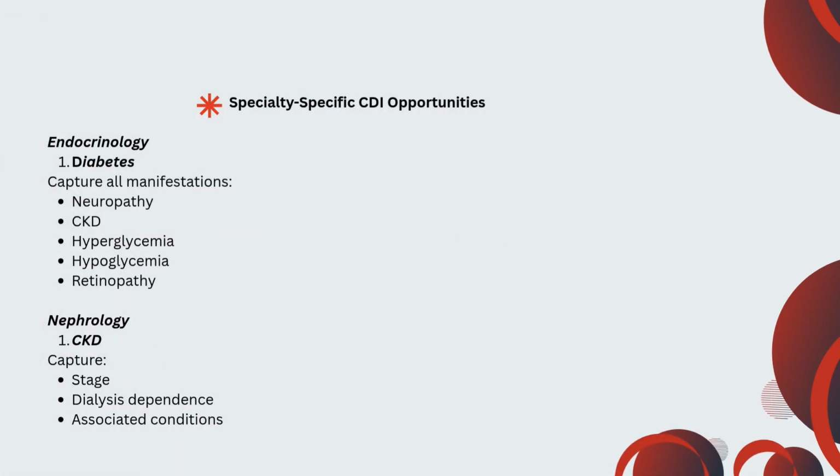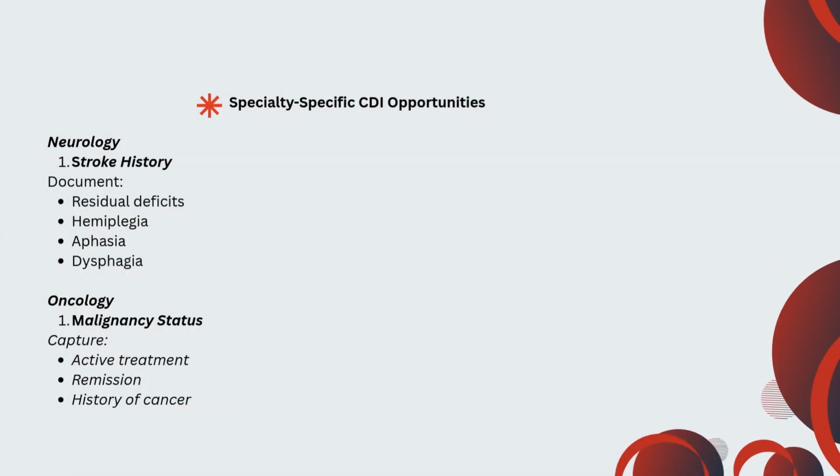Endocrinology. 1. Diabetes. Capture all manifestations: neuropathy, CKD, hyperglycemia, hypoglycemia, retinopathy. On nephrology. 1. CKD. Capture stage, dialysis dependence, associated conditions. Neurology. 1. Stroke history. Document residual deficits: hemiplegia, aphasia,